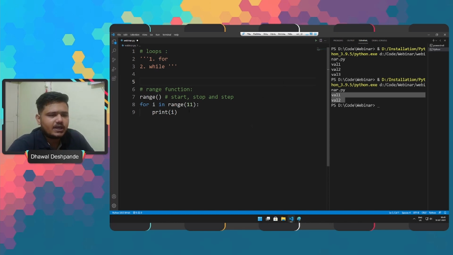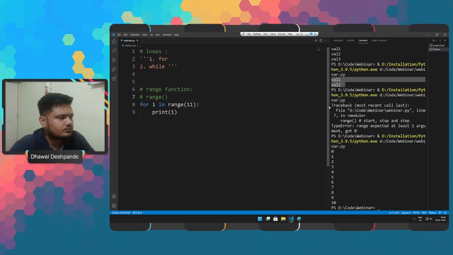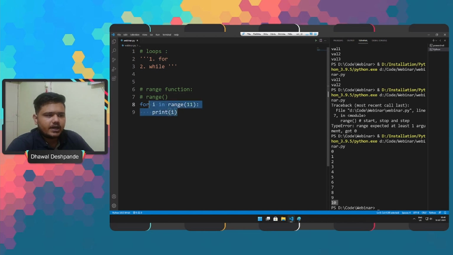That means the number 11 is never attained or never read by the range function. Here you can see that the starting point of range is 0 and the ending is 10. However, we have provided the argument as 11, right? So this is the basics of range function that we have to understand.